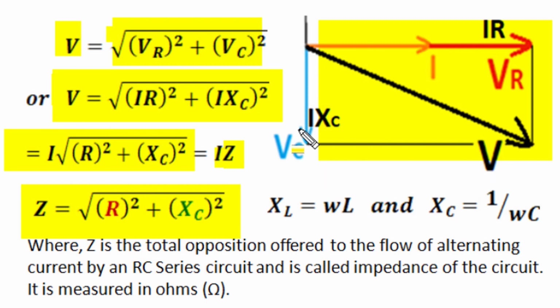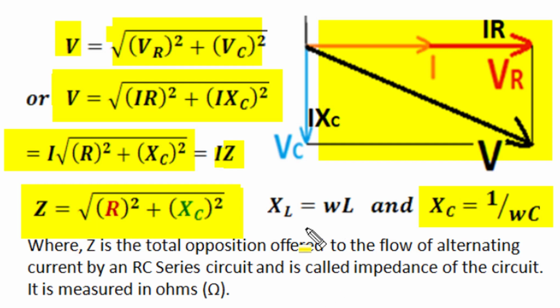We can say in case of pure resistance our relation is V is equal to IR, in case of pure capacitor our relation is V is equal to IXC, and in case of RC series circuit our relation is V is equal to IZ, where Z is Pythagoras calculation of resistance and capacitive reactance, where capacitive reactance is 1 over omega C. We got similar type of impedance calculation in RL circuit, where Z becomes square root of R square